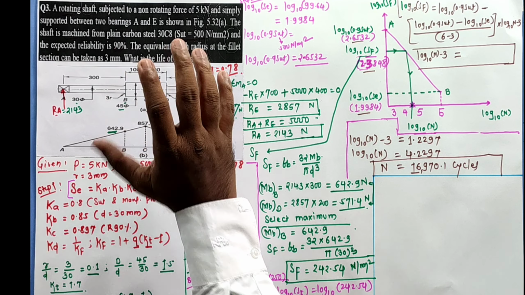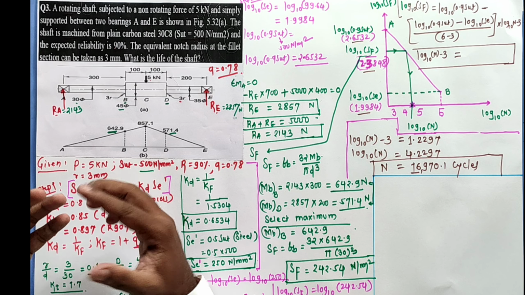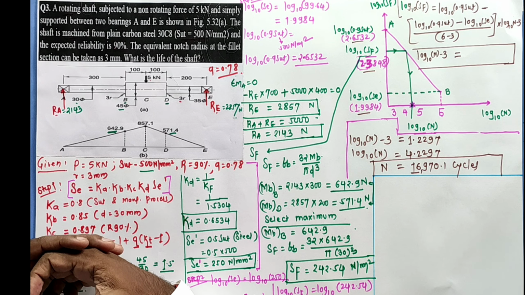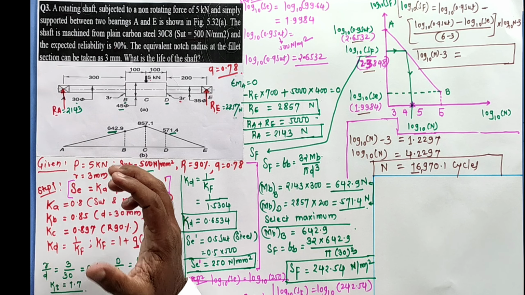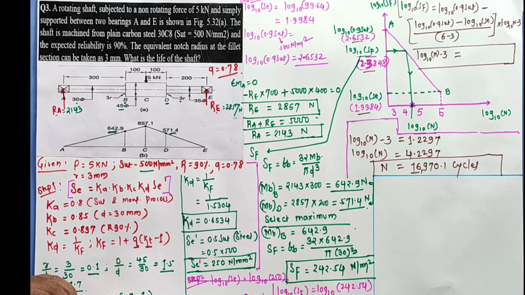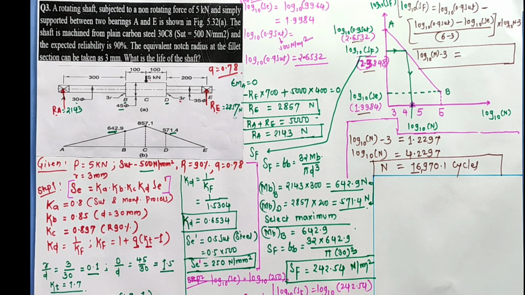So likewise we need to solve. Here I have made the combination of KT, the theoretical stress concentration factor, then we have gone towards the Ka, Kb factors, and through which we are able to calculate the applied stress, which is in terms of bending. These are the steps we have to follow for solving such kind of numerical. But for that we must know the reaction forces, how they occur, how we have calculated that I told you over here. So you will have to check this stepwise and try to solve this after watching this video. Try to solve. Thank you.